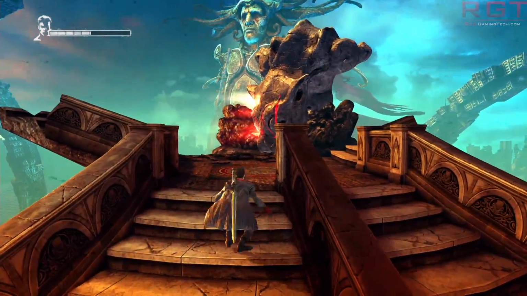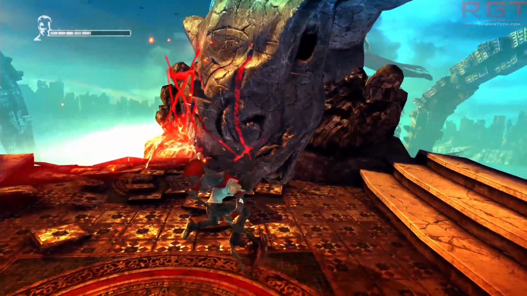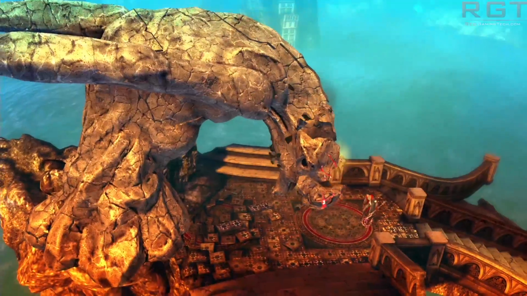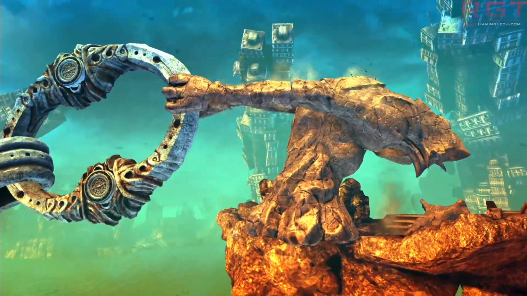Now, jumping, by the way, is you hold the button to go a little bit higher. What now? There we go. Pretty simple. This is not exactly a puzzle game, but...